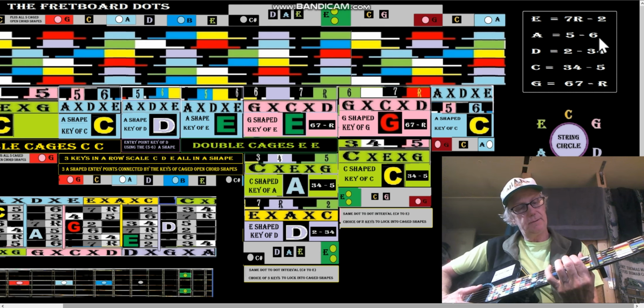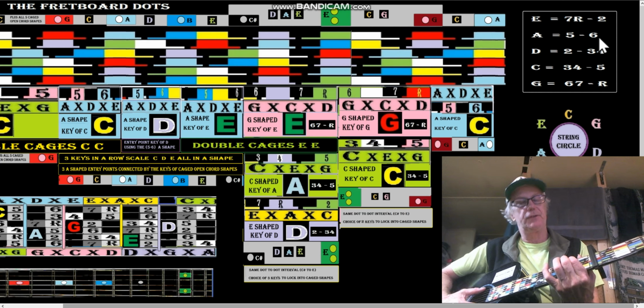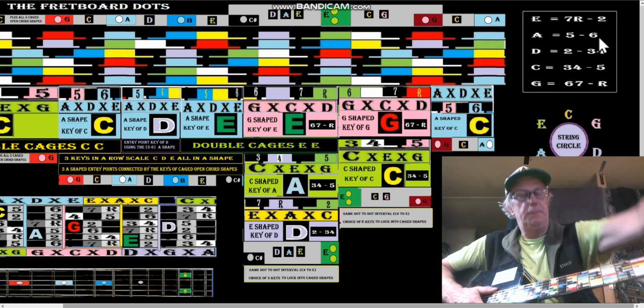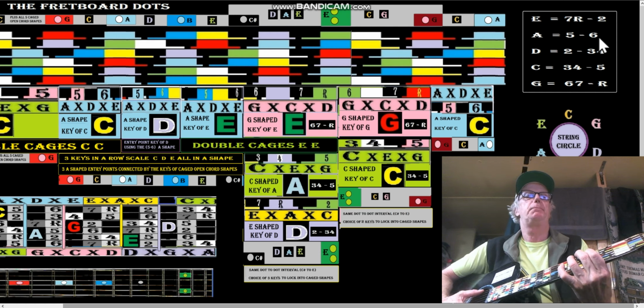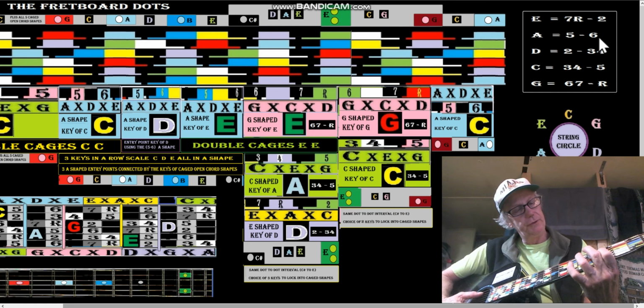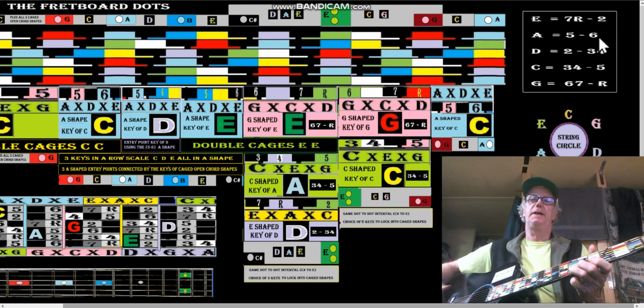E is the 5th, and F sharp would be the 6th. So the A shape is 5, 6 at that point. So in pentatonic, it's 5, 6, root, 2, 3, 5, 6, root, 2, 3, 5, 6 in the key